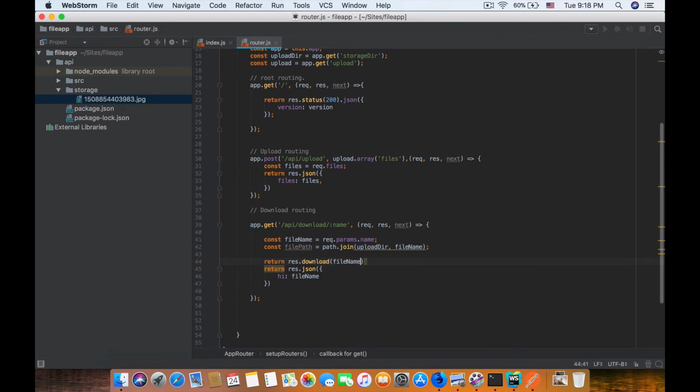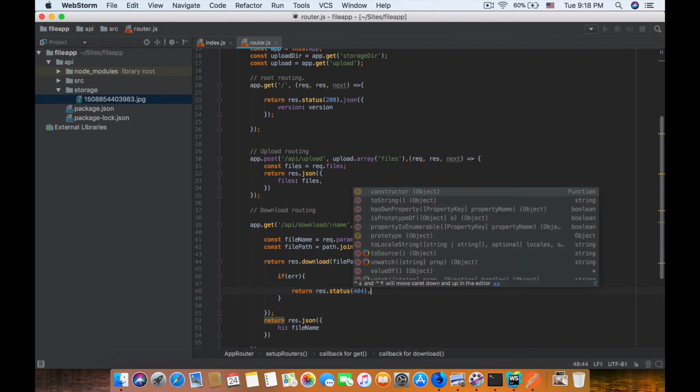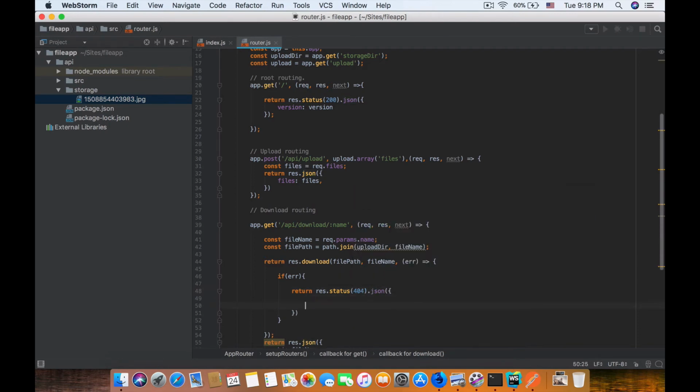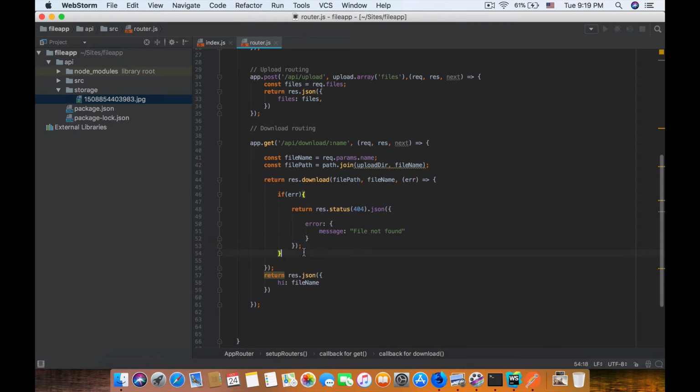Path equal file path and file name, and should be an arrow function. So we do return res.json, so that it starts not file.json. Okay, file not file, right? So in case we found an error, and otherwise